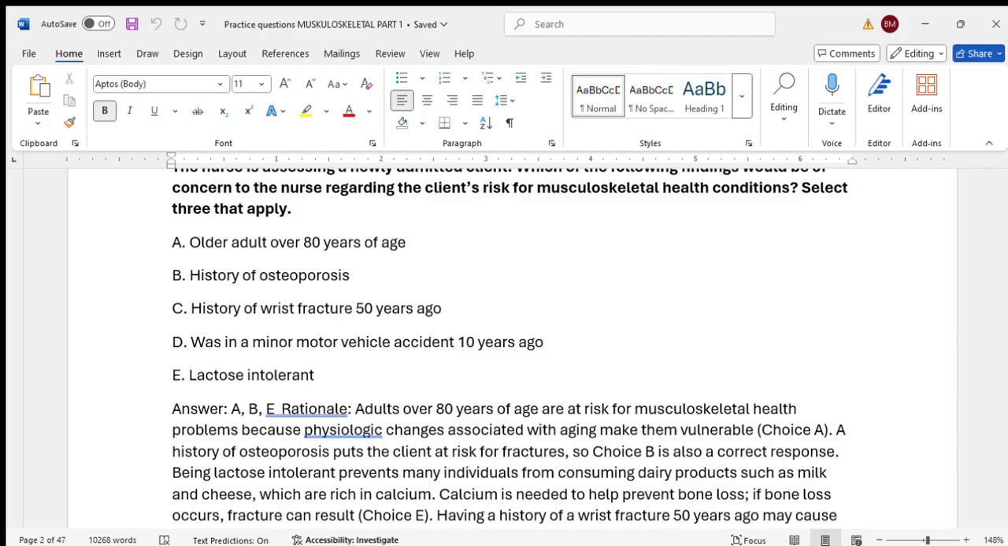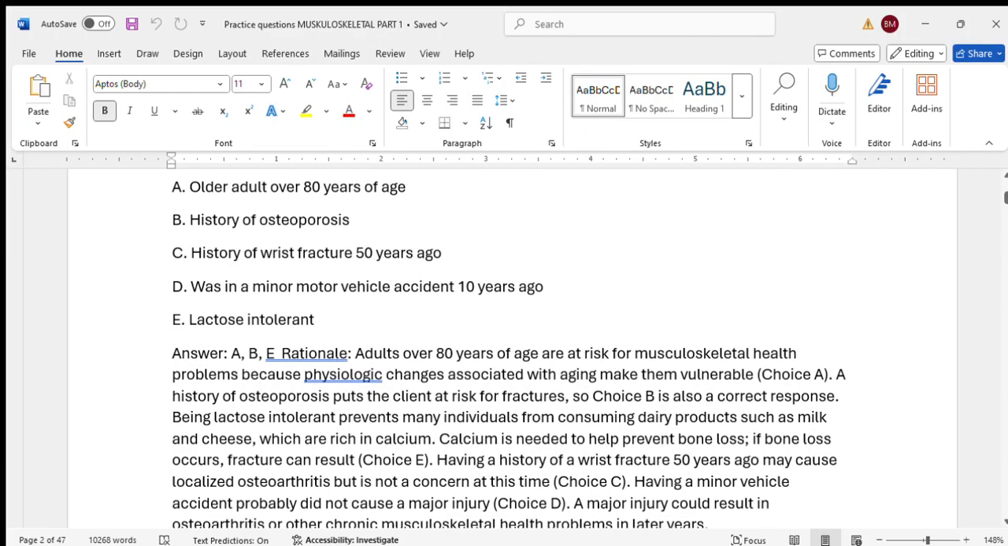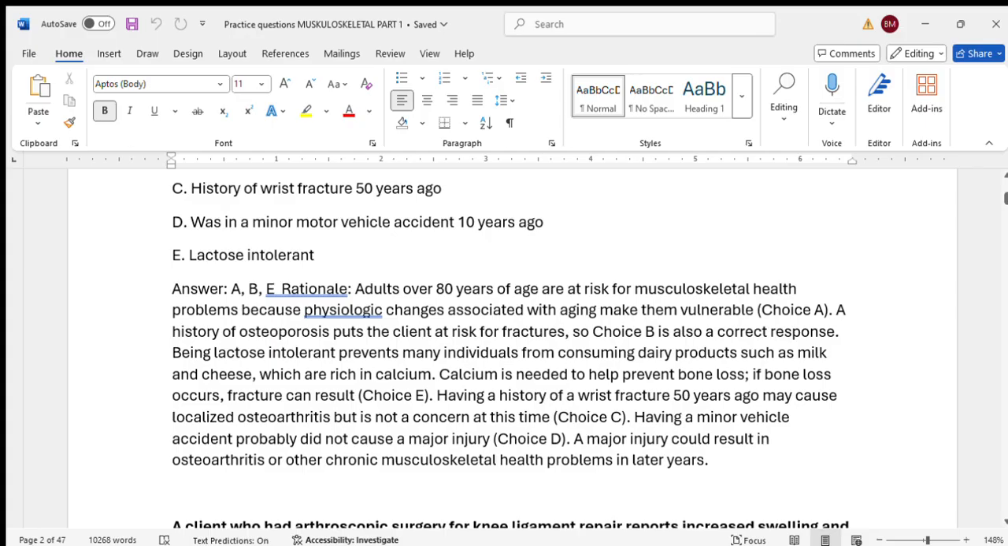Haha, you see, that's a tricky one. You will never figure out that. Such as milk and cheese, which are rich in calcium. So calcium is needed to prevent bone loss. So there you go. Remember the mnemonic CDC: calcium, vitamin D, and vitamin C. If bone loss occurs, fractures can result. So that's why option E, lactose intolerance, is another option. Now, if you have a history of wrist fracture, okay, 50 years ago, that one may cause localized